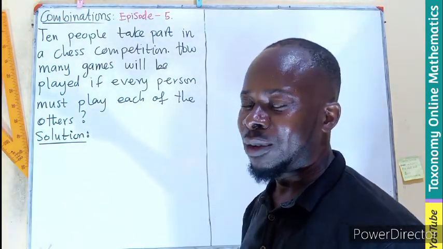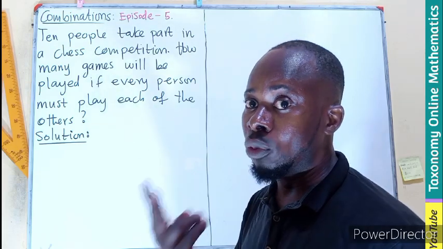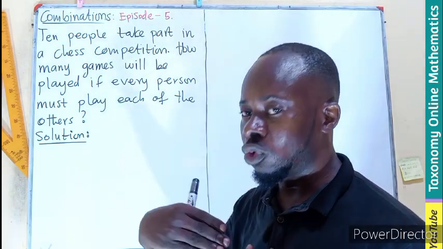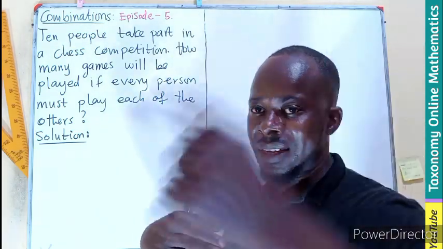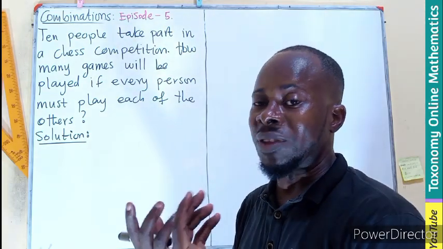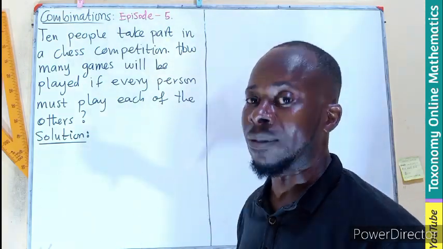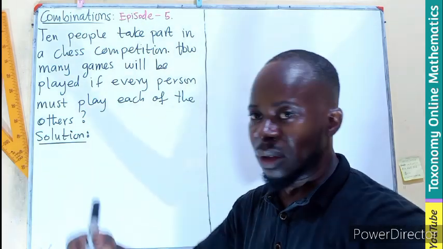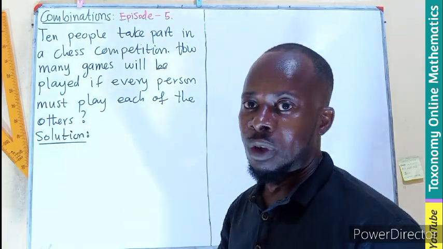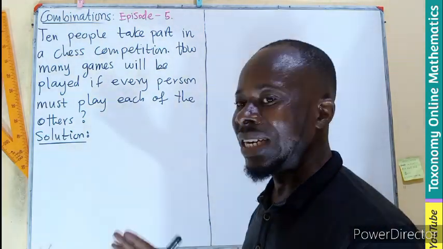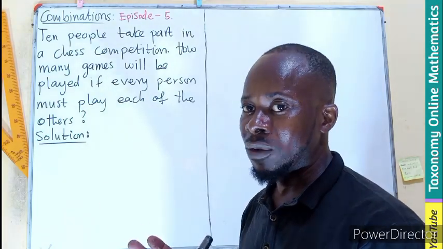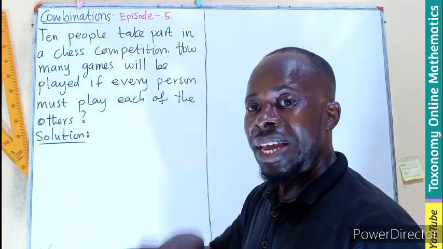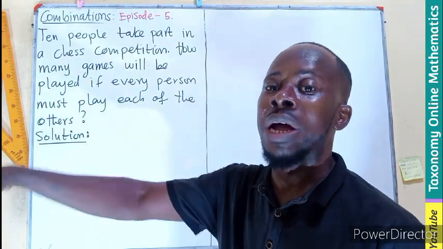So there are 10. A chess game involves 2 people at a time. So first 2, then second, third. There is no particular order in which the selection will be done. You all must play in the beginning. So you play, you play, you play. So it means we are going to have 10 different objects to pick from, then picking 2 of them at a particular time.